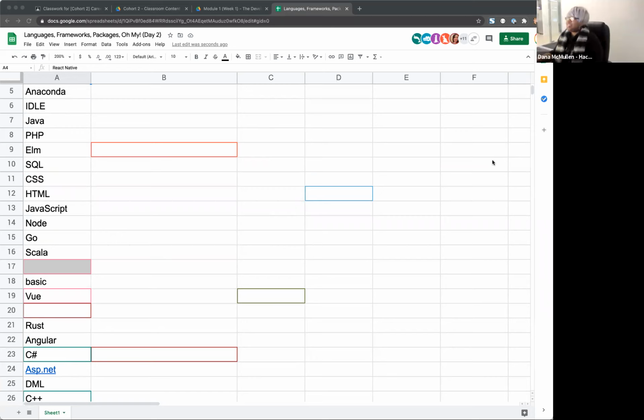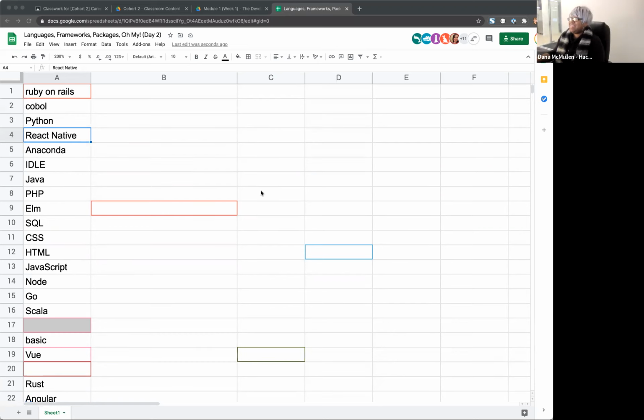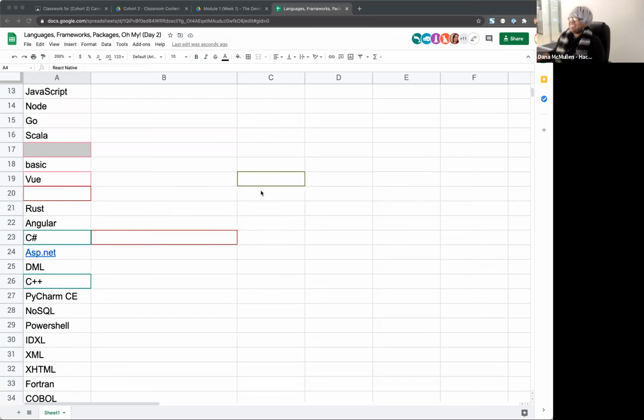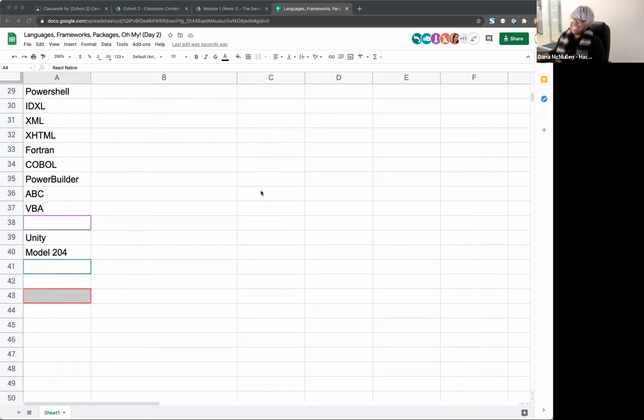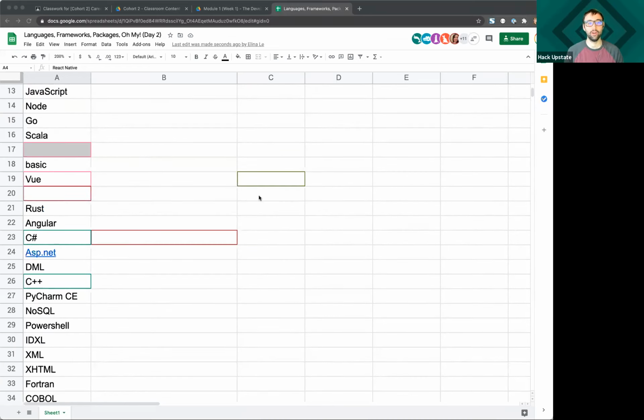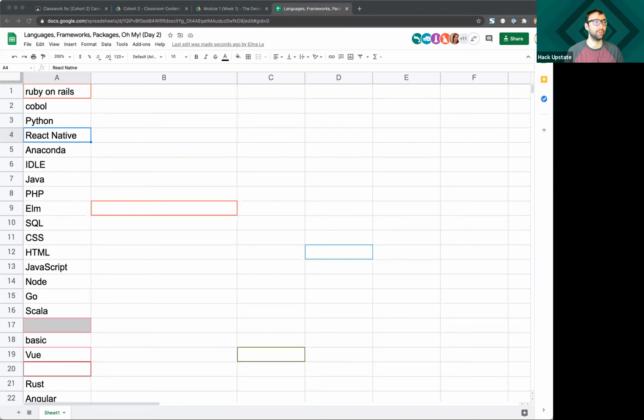So can I just issue a challenge? Sure. Because I think you did this exercise with cohort 1, and I think we came up with about 70. We're at around 40 right now. If you guys would like to keep going, feel free to keep adding to the list. And as we go over certain ones, if something else pops in your mind, feel free to add it to the end of the list.